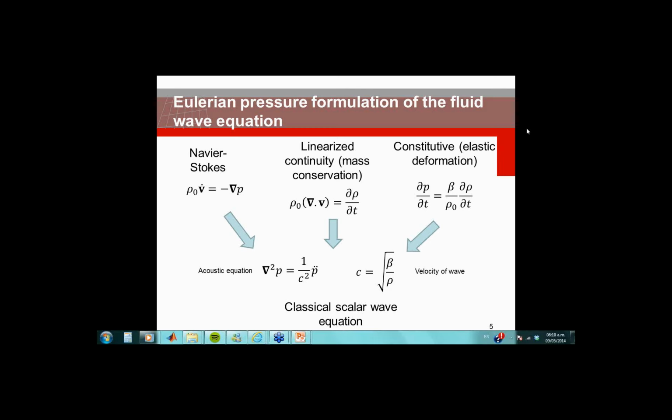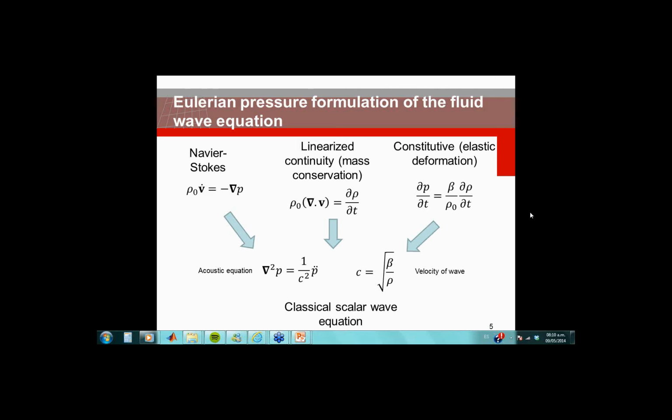And the third is the constitutive equation of elastic deformation, which relates the variation of pressure in time with the variation of density in time. This is by means of the bulk modulus, for the liquids, in this case for the water. The mix of these three relations is used to obtain the acoustic equation or wave equation